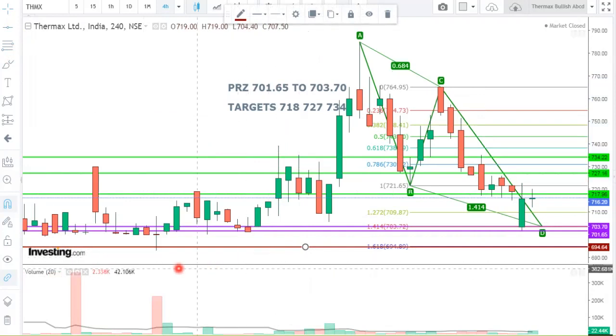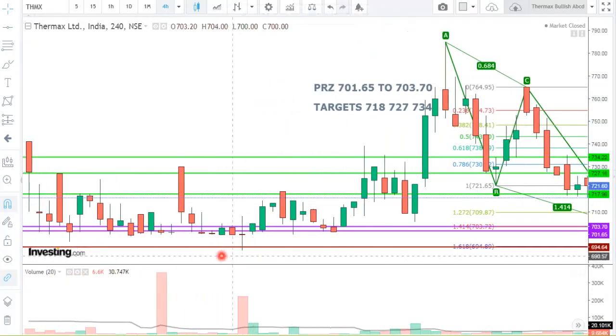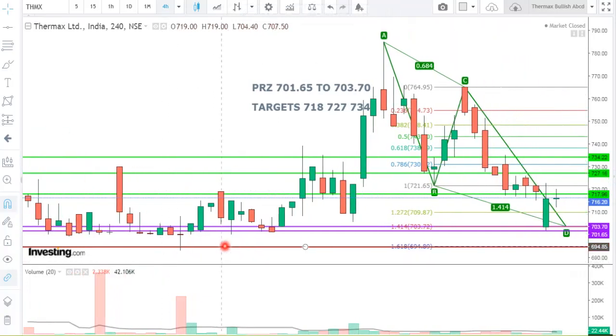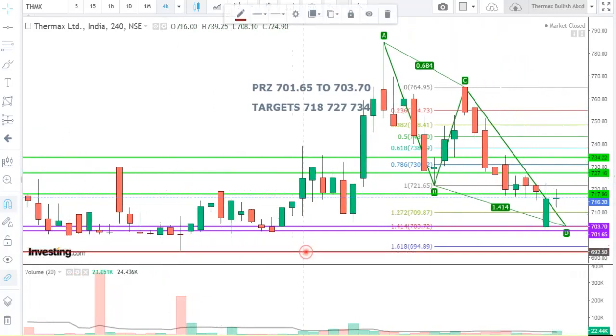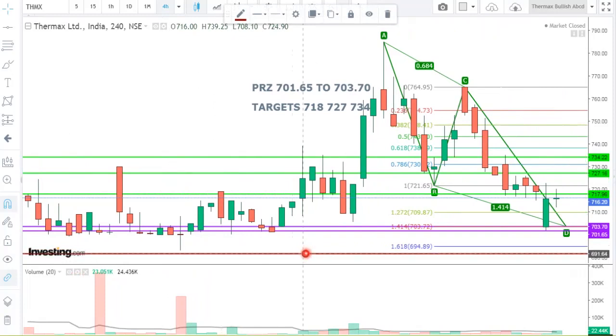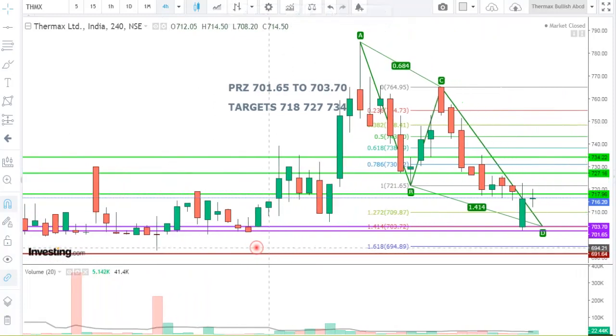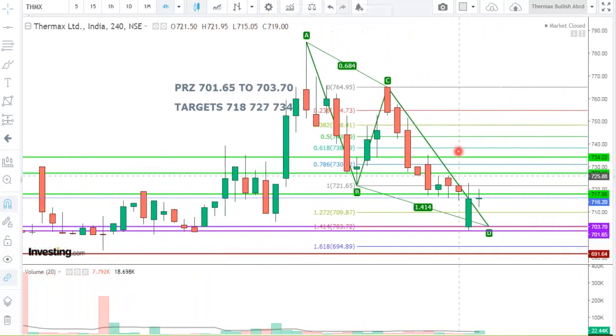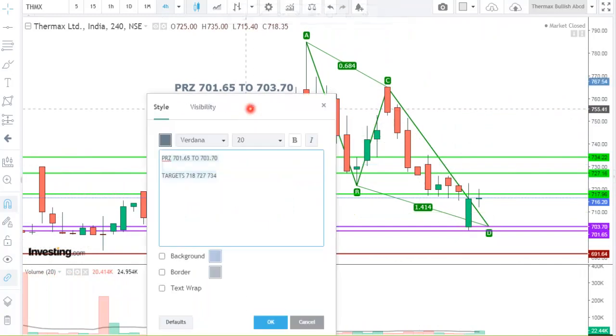Now, just backtrack a little bit, to see if any time the stock has reversed exactly from our stop loss level. Yes, a couple of times it has done. So just move the stop loss a little bit below that, so that your stop loss is not hit. Okay. Now you can delete this FIBO that is drawn and update the stop loss. The stop loss is 691.64. That is 692 rupees.